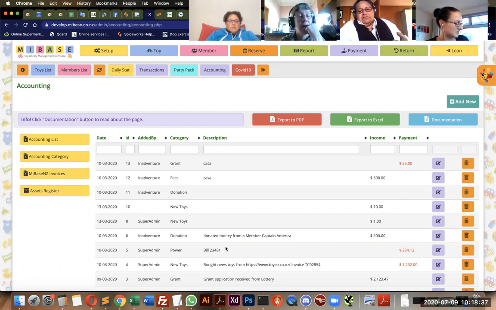Okay, now to start with the accounting system, you have to create accounting categories. Normally, accounting categories are for accounting. It's like a way of categorizing. So it can be donation, can be buying a new toy, or power, or generic bills.